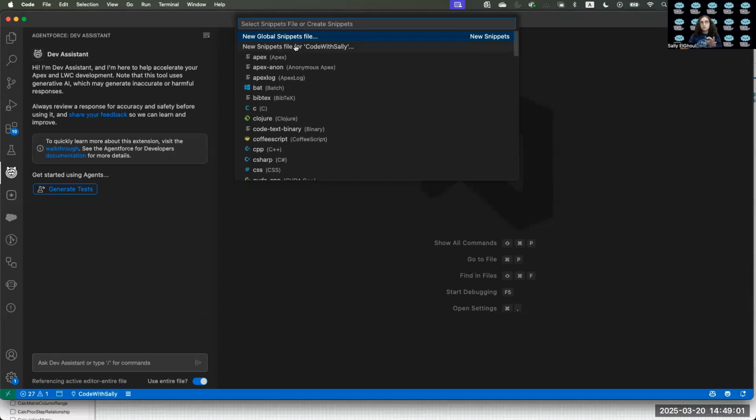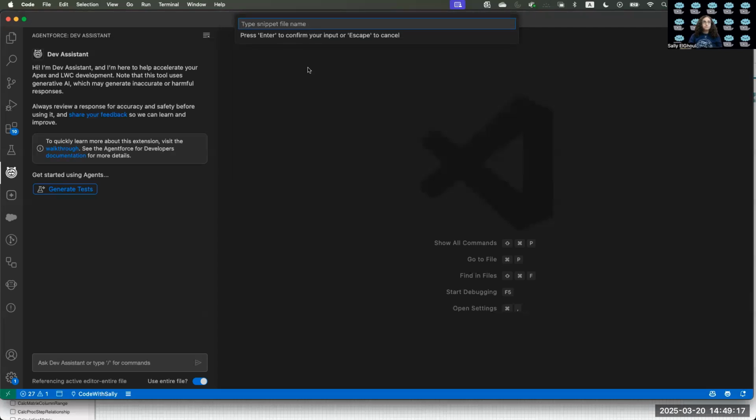You can choose to create a snippet specific to your project. I don't know if that will be useful; in my head it will be more global, that you will use in any project or you can reuse again. So I will go and click on New Global Snippet File. Here, it will ask me to give a snippet file name. So in my opinion, if we are focused in this video on storing your prompts, I would say here prompt, for example, prompt snippets,